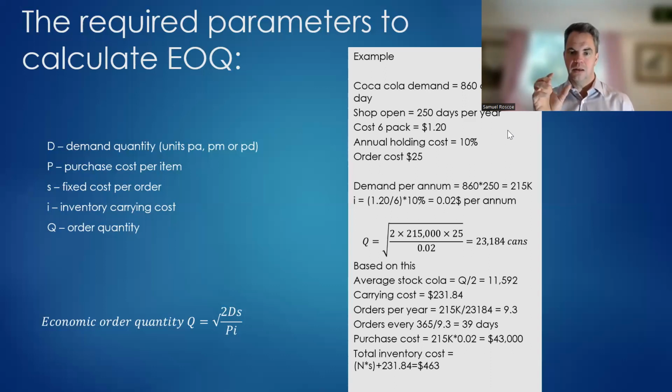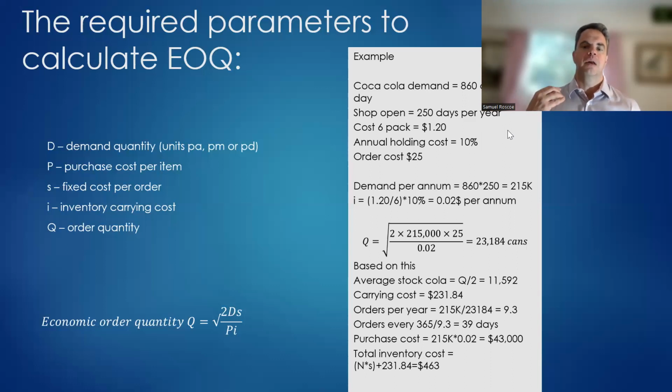What you can see here, though, is my EOQ formula at the bottom: the square root of 2 times my demand times my S, which is my fixed cost per order, divided by my purchase cost per item times my inventory carrying costs, okay? So essentially what we're looking at here is 2 times 215,000, which is my annual demand, times $25 to raise my order, divided by my P times my I, which is my purchasing cost per item, 1.20 divided by 6, times 10%, so 0.02. And based on that formula, what this tells us is that I need to order 23,000